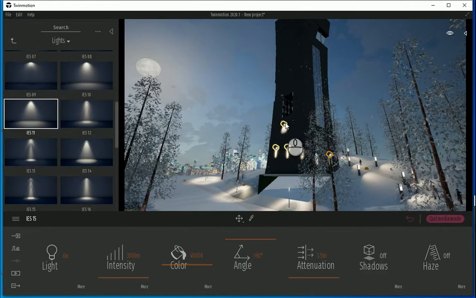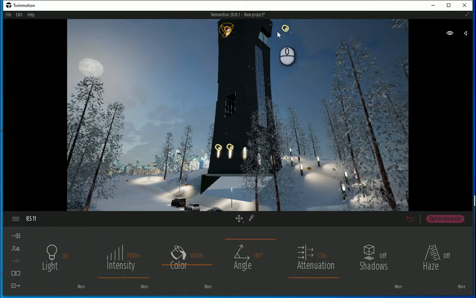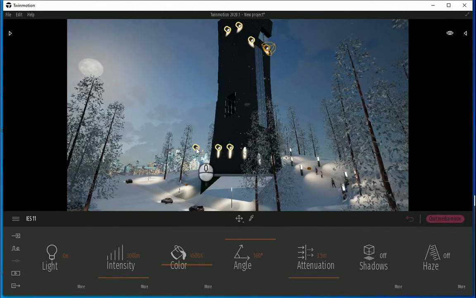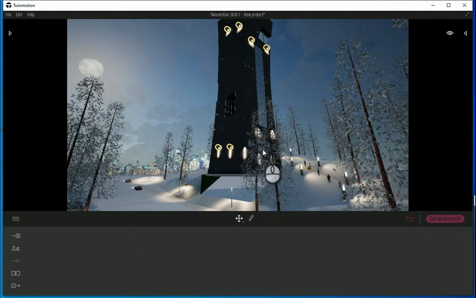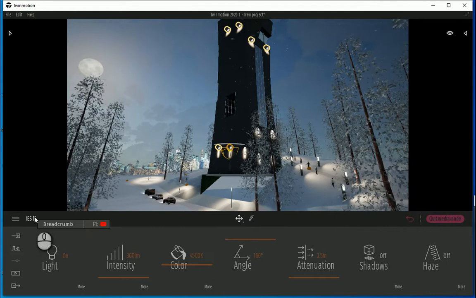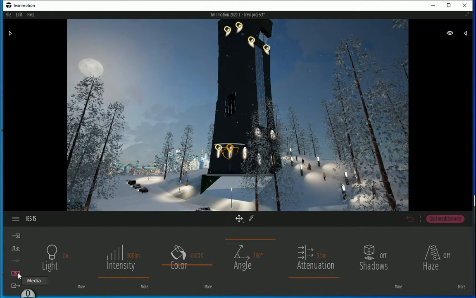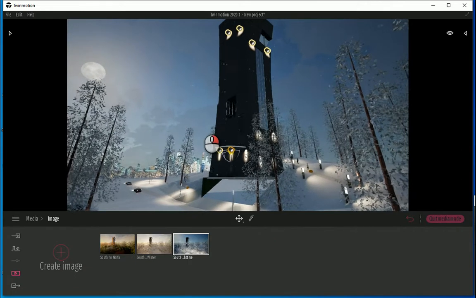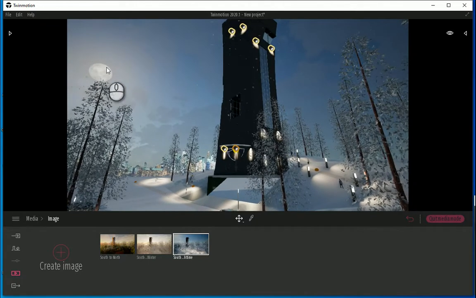You can add some more lights. And let me see, this is over the windows over there. Yeah, I should have designed it first, but that's alright. Okay. Notice that you can select the light, change the intensity of each of them, change the color and everything. I'm going to leave them as they are and export this one. Maybe I could save this as a new image. Oh, we have a moon over there.